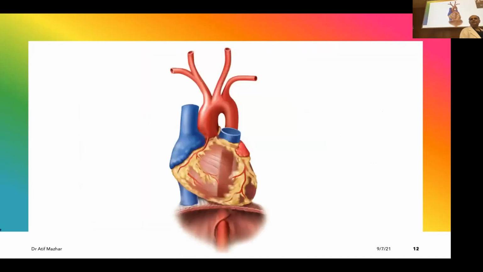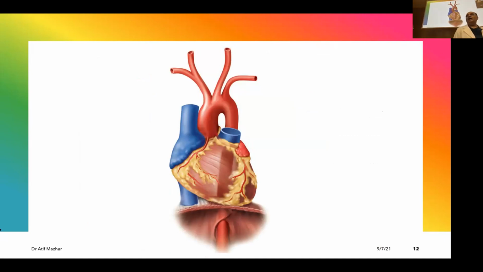Relax, gentlemen, no problem. Okay, now this is the heart. Serous layer becomes visceral and parietal. Fibrous is fibrous. So now let's look at a heart, and I'm trying to show you the branches which are